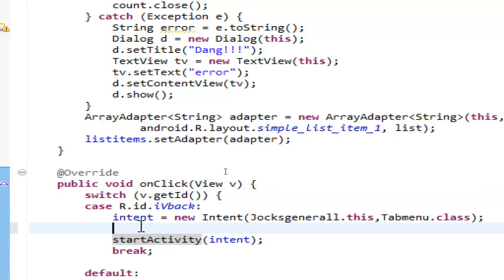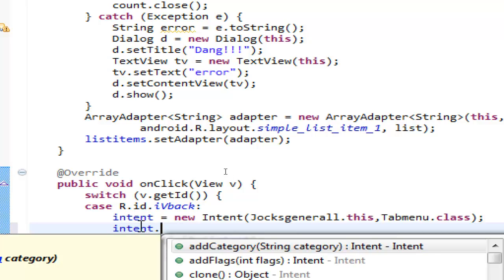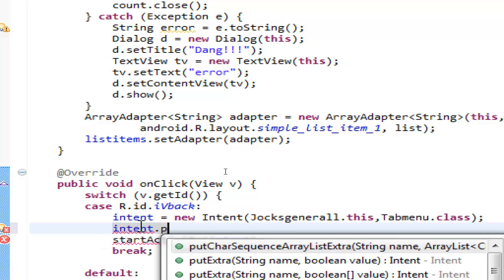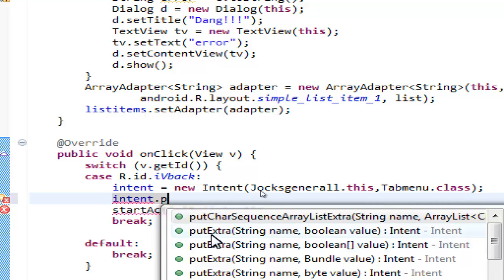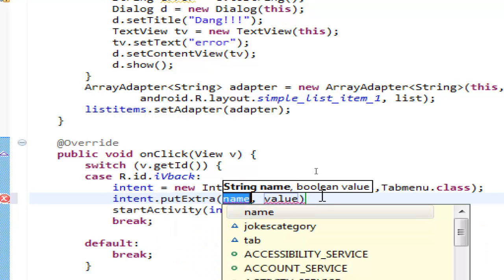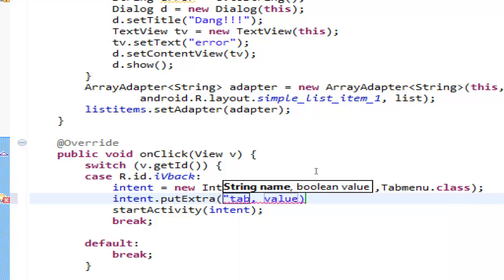We will put it into intent putExtra, name it tab, and we will set the value to the tab variable. Okay,